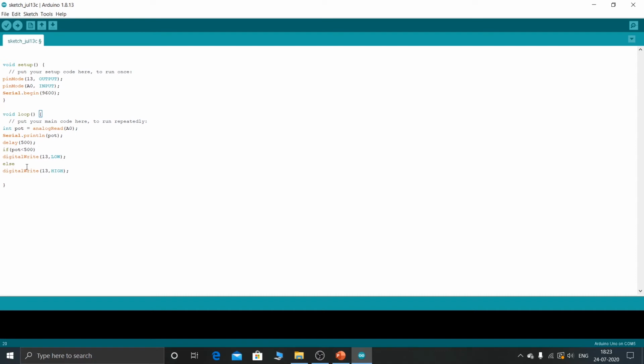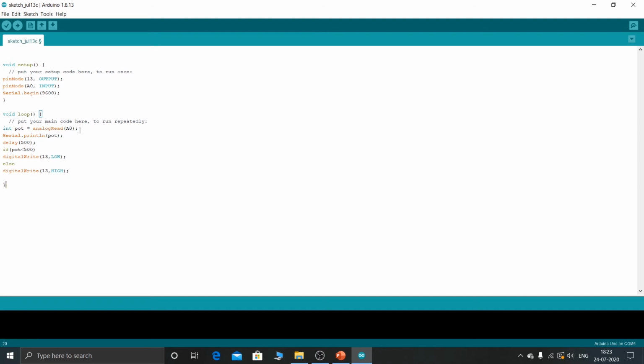So this is the simple thing, and after that I have used a simple if and else statement to actually execute our task, that is to turn the LED on or off depending on the values, right? Instead of that, what you can do is print the voltage readings that you are obtaining from that potentiometer.